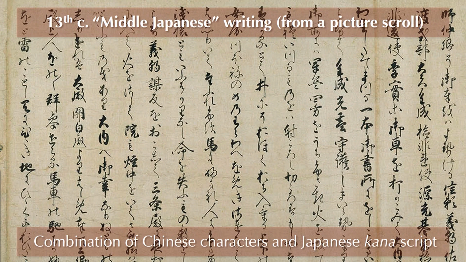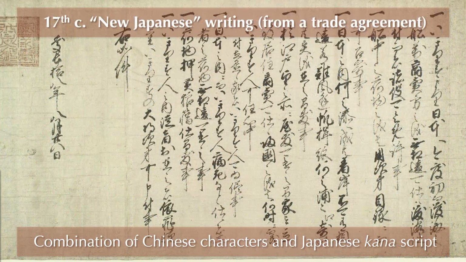By 1600, the country was reunified at last, and the peace of the Tokugawa period brought with it the emergence of New Japanese. Though the language of today's residents of Tokyo or Osaka is far removed from that of the Tokugawa samurai, it still shares most of the same basic traits of pronunciation and semantics. The same can't be said for Old and Middle Japanese. Old Japanese, for example, had 8 different vowels in comparison to the only 5 used in New Japanese.